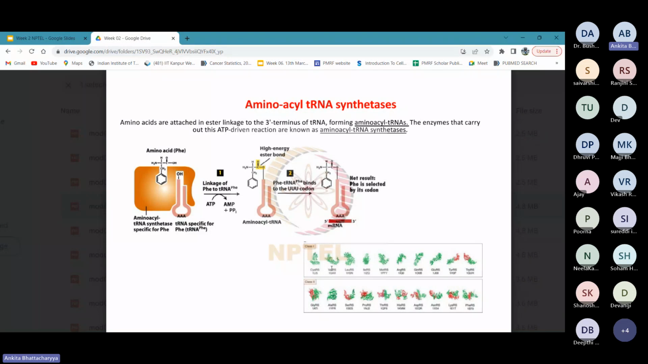They basically carry out a two-step process. The first is where tRNA charging is done, and the second is where its incorporation or its role in protein synthesis comes in. So during the process of tRNA charging, which is what you see here, what exactly happens? Charging simply means that